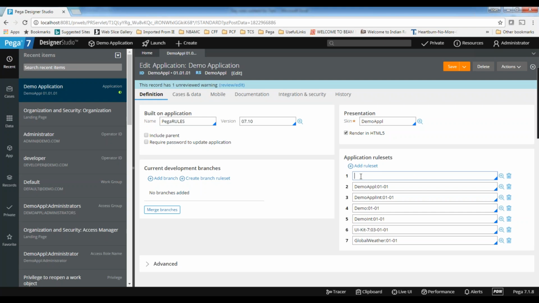If you want to use only the organization rule set and you don't want to use application rules, in that case you can go here. If you go here, what happens? You cannot use application rule set rules, because this is number 3. Number 3 cannot use number 1, but number 3 can use the lower numbered ones, 4, 5, 6.